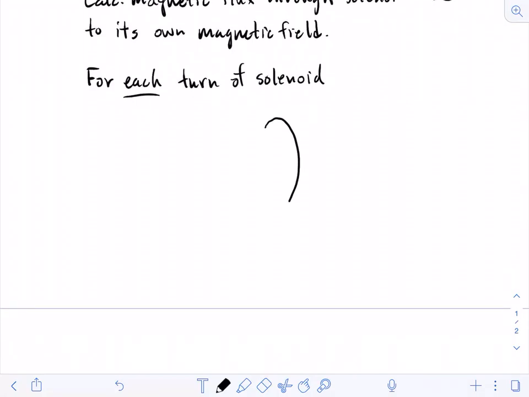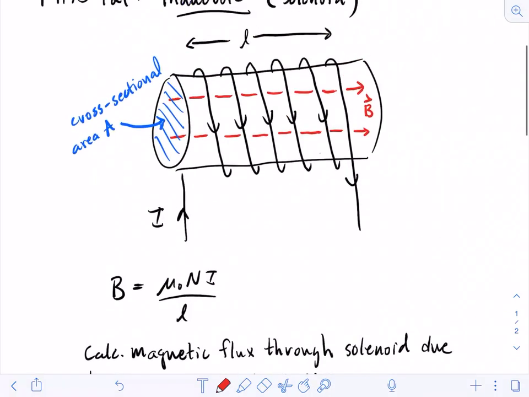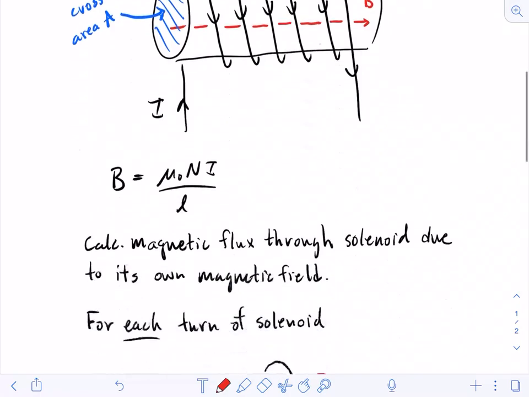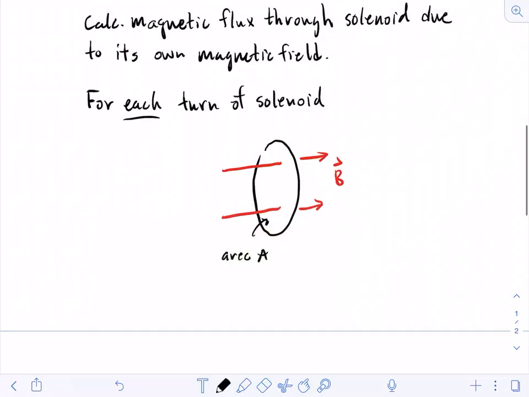So it's a single loop, and it has area A, and there is a magnetic field going through this loop that has a value of B equals mu naught N I over L. And remember, one of the nice things about the solenoid was that the magnetic field in its interior was uniform. And so for each turn of the solenoid, we would calculate a magnetic flux